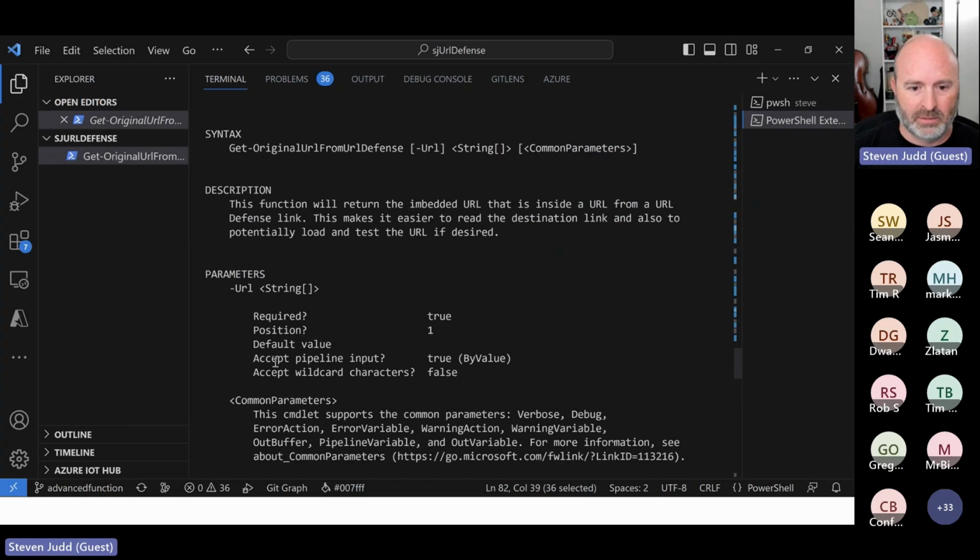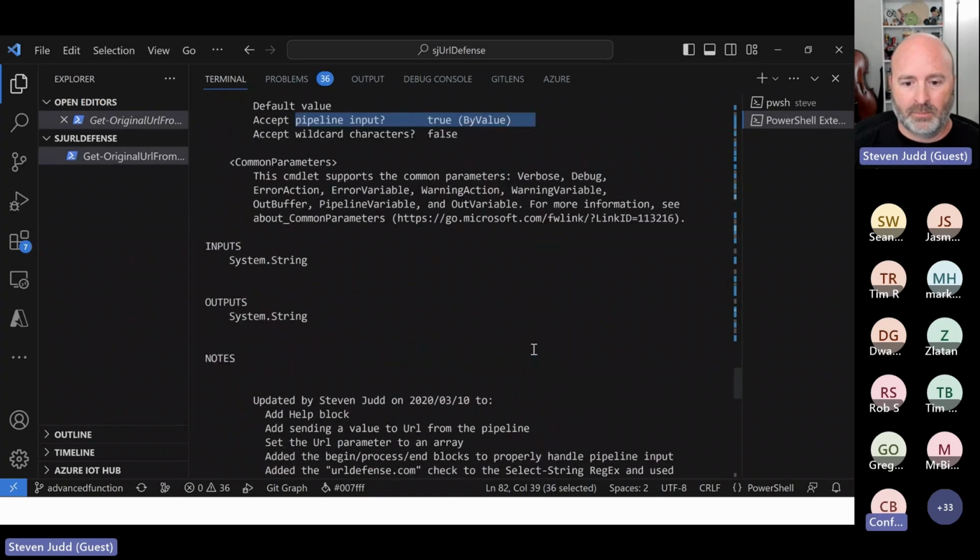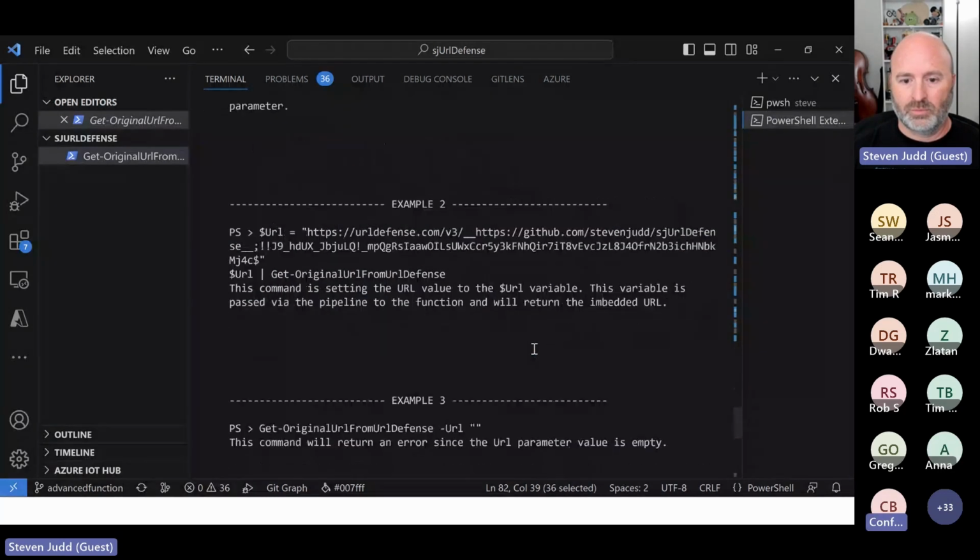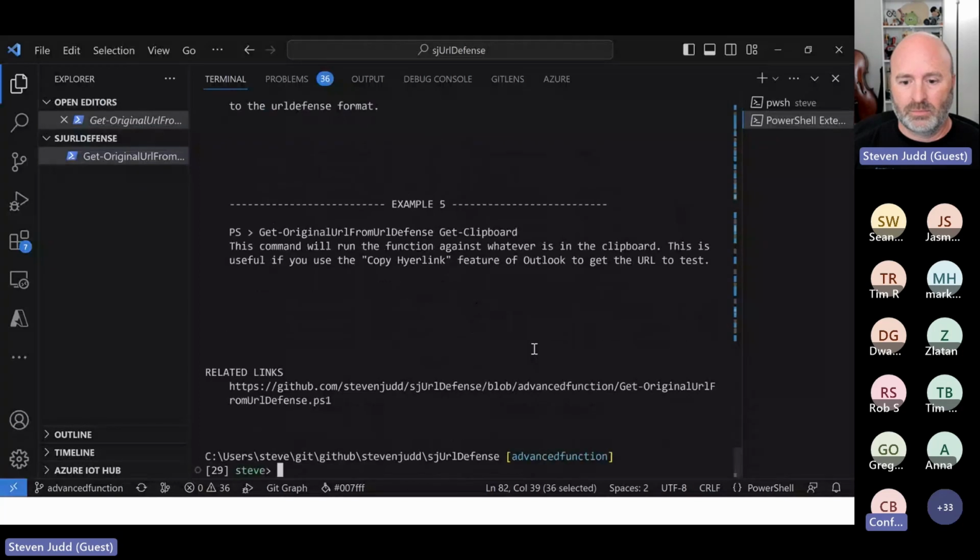Notice, do you accept pipeline input? Yep. True. Okay. By value, as defined. I think the encouragement there is that you saw at this point we've been growing and growing, and without too much work, you didn't add all this code here, you didn't add all that doc, with just a couple little parts, and it just did all that work for you. And so that's the magic, and that's the value that comes along, right?